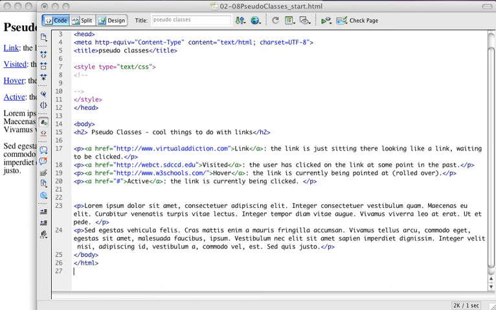We're going to be talking about pseudo classes, and basically they are named for the fact that they are classes that are not actually attached to tags in the markup. Pseudo classes cause rules to be applied when certain events occur. The most common event that you'll be dealing with pseudo classes is when the user points or clicks on something